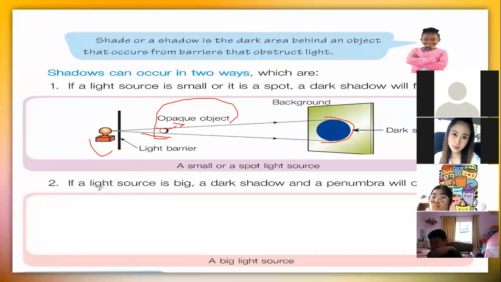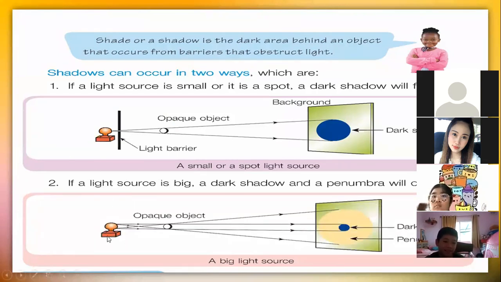Similarly, if the light source is big, a dark shadow and penumbra will occur. So here you can see, in the first one we have a small light source, and here we have a bigger light source. With a bigger light source, the light is released from it, and after hitting the opaque object, the light will move in different directions. So one, you will see here